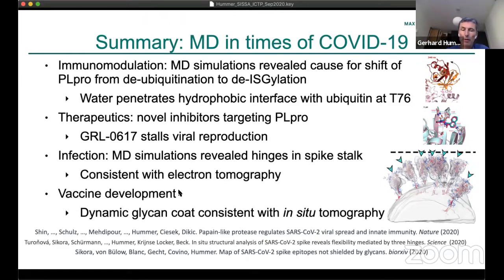And I concluded by showing the dynamic glycan code, which is consistent with what we see in the in situ tomography, and I think which is very important. That's something we're still actively working on. There's a first paper submitted now, looking at our ability to still find good epitopes for antibodies, how that can lead to a strong and robust